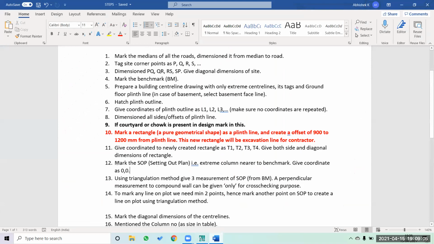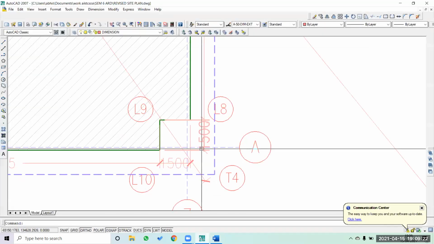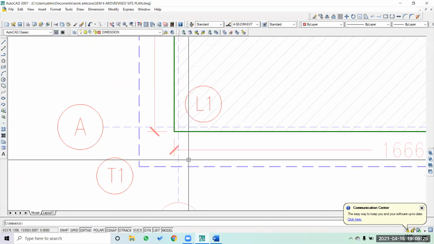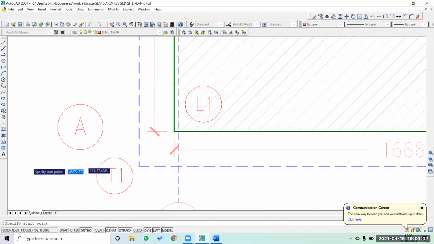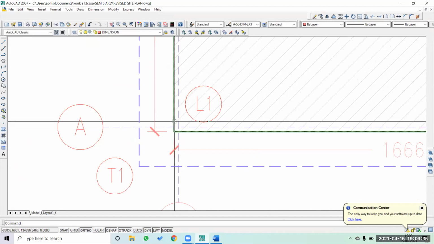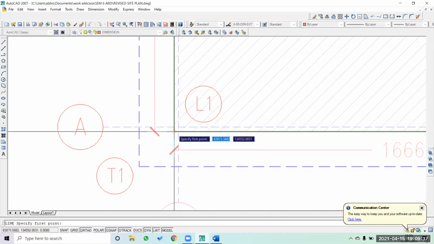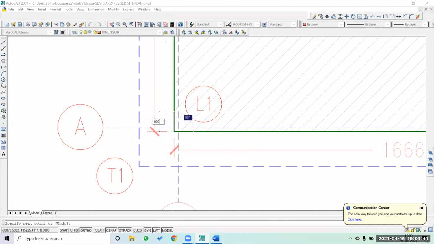The next step is mark the SOP, setting out point, that is the extreme column nearest to the benchmark, and give coordinates as 0 comma 0. So that is the first column which is going to be constructed roughly here. So it's going to be a column. So the column size here, what I'm going to do is I'm going to create some kind of a column size which is, let's say,